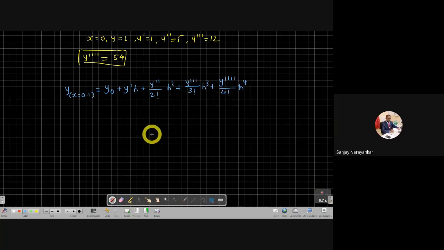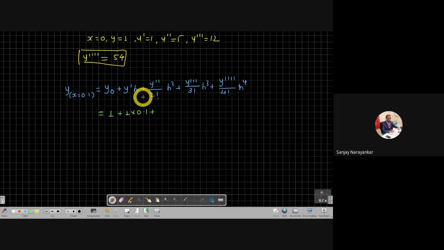Isn't it the formula? Yes, students? So let us substitute all the values. What's the value of y0? 1. Y dash 1 into h is 0.1 plus,